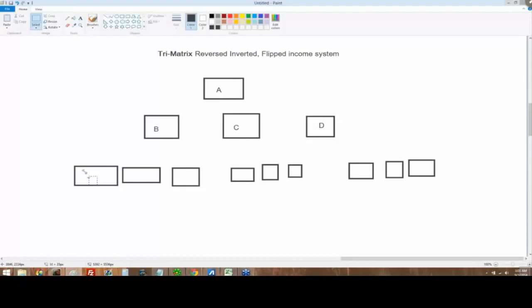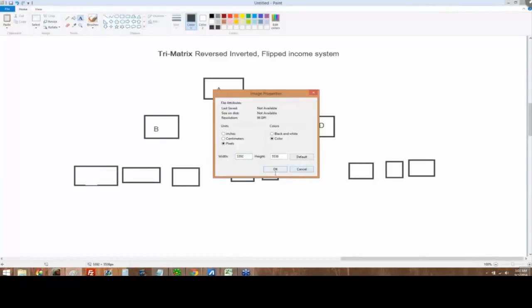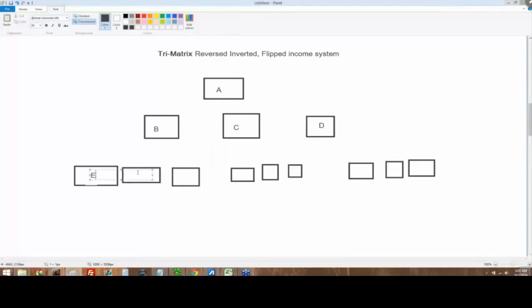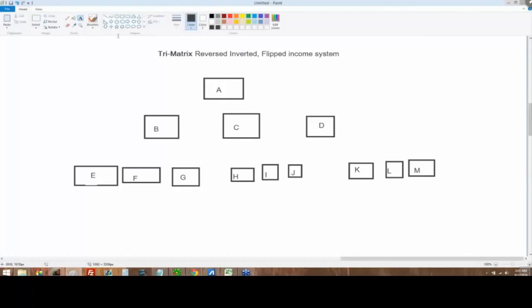But watch what happens here though. Let's say that we have a mixed bag, different people are referring people. A, B, C, D are all referring people. Let's say they refer E, F, G, H, I, what comes after I? Sorry, J, K, sorry, I'm in India, I forgot my alphabet. L, M. Okay, here's what happens.